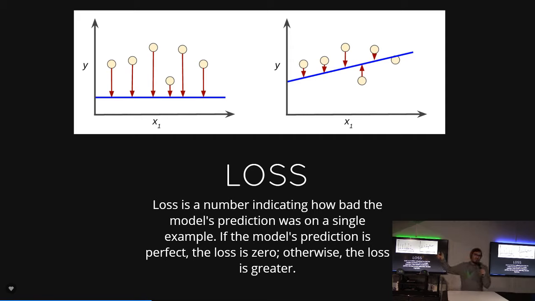So in these examples, you see the two charts. The blue line represents all the right answers, and the circles represent all the machine's guesses. The red arrows are the loss, or cost. I'm probably going to call it loss for the rest of the time, because that's what I've been calling it. But that is how far off it was. And this is an interesting thing because, one, they're all represented with a whole number. It's zero up, regardless of which side the line's on, and that's a little counterintuitive to me, at least it was.